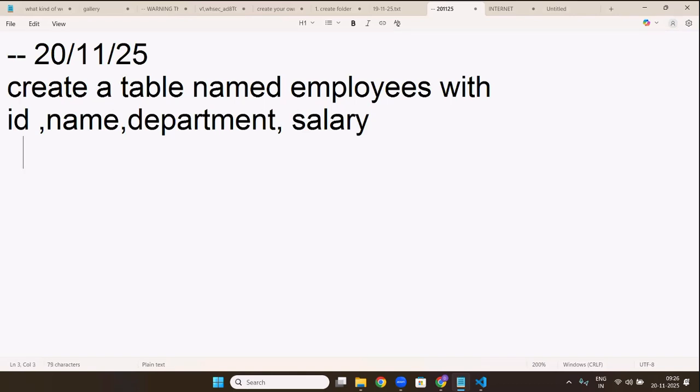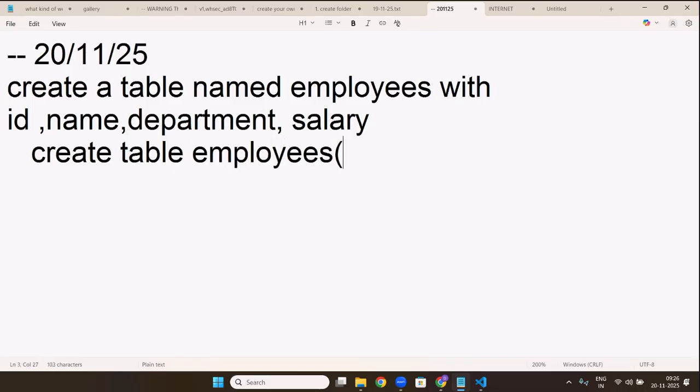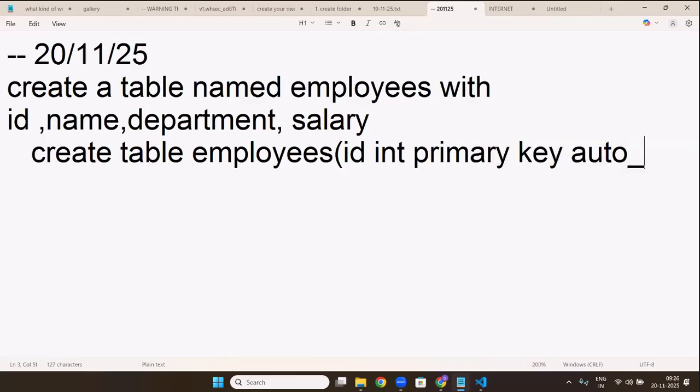Is it done, ma? Slowly note it down, one by one. We have to do more queries. Everyone has to write. Done? Good. So all you have to do is create table, table name, where ID, int, primary key, auto increment,